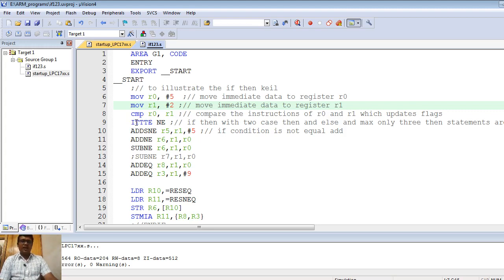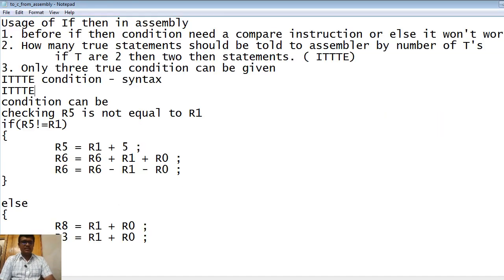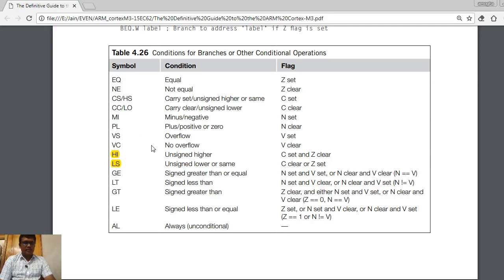Here I have 3 true statements and 2 else statements. In the else part you just write E itself. The next one is the condition. Here I am checking not equal, so this is my condition.